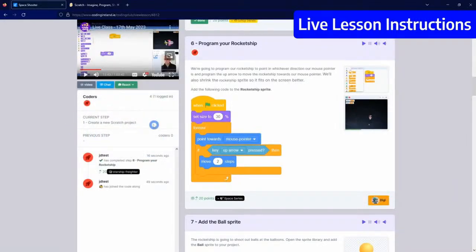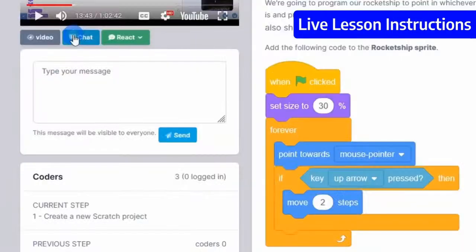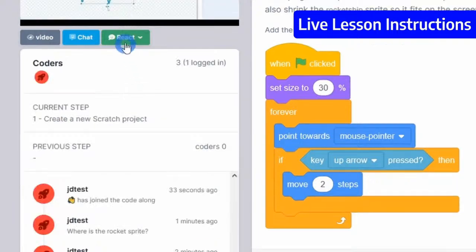Under the video box, you will see what step the teacher is currently on. Under that, you will see the chat feed. The chat feed shows you how everyone is doing, and you can put your own entries into it by clicking on the blue chat button and entering your question or message. Or you can give a quick thumbs up or down, or even put in emojis by using the green react